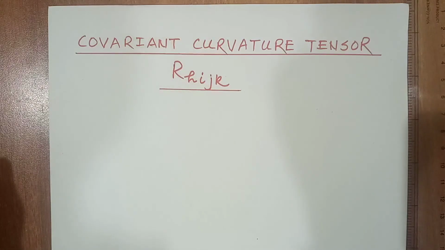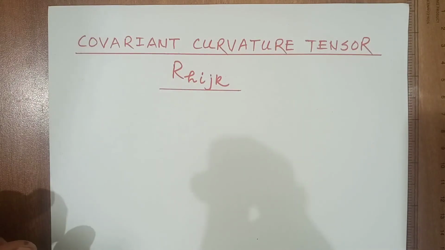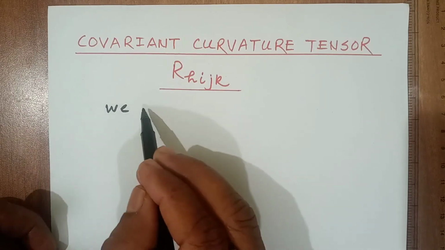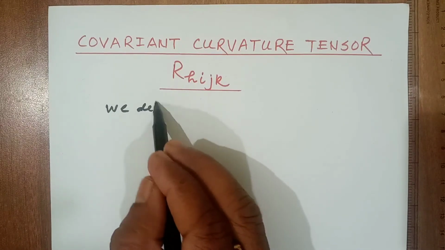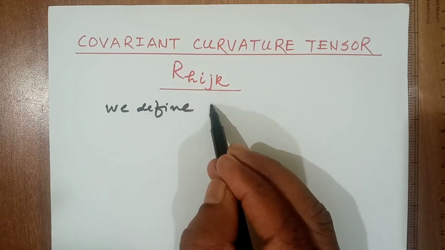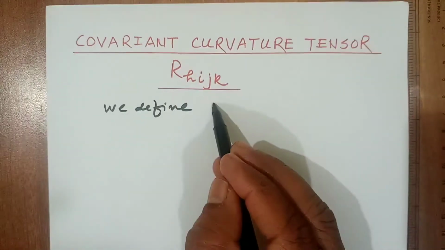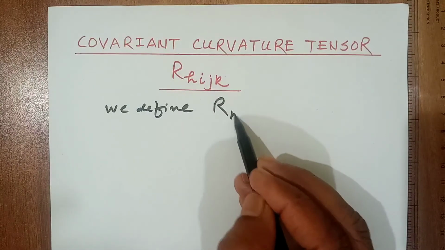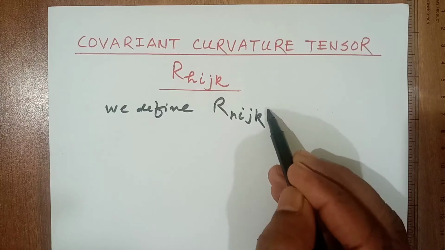Covariant curvature tensor R_HIJK. So we define the covariant curvature tensor with the help of the Christoffel curvature tensor of the second kind. Okay, so we define this R_HIJK, the covariant curvature tensor, is equal to